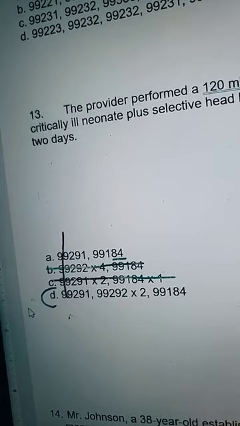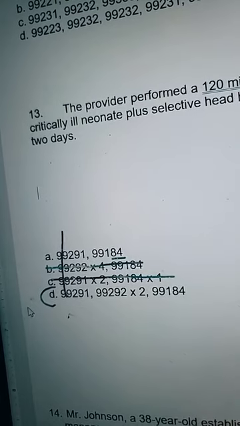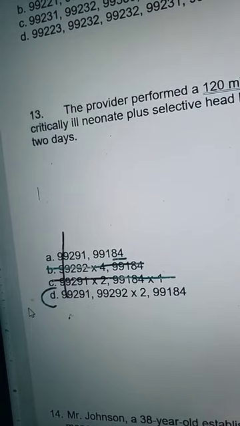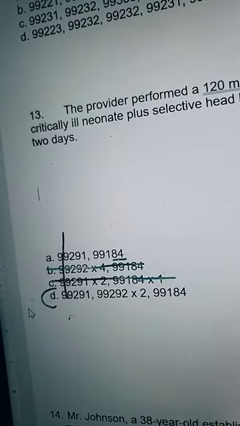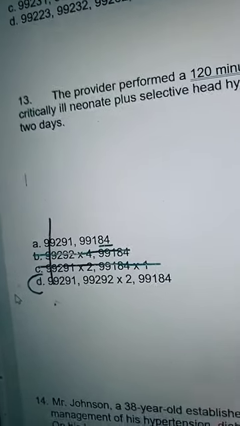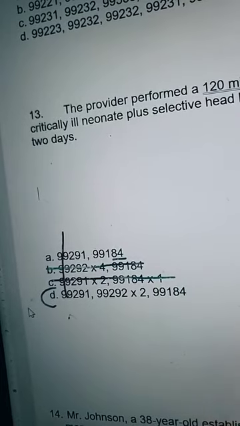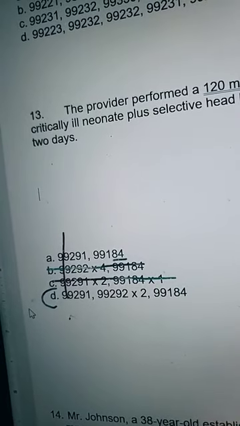If you see integumentary section items listed where you have numerically smaller CPT numbers before